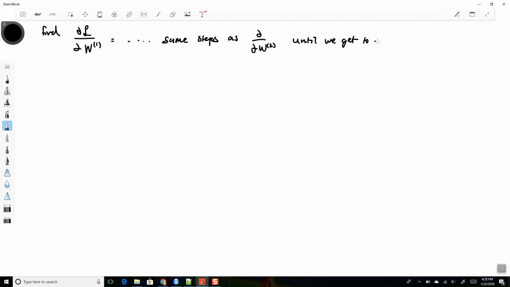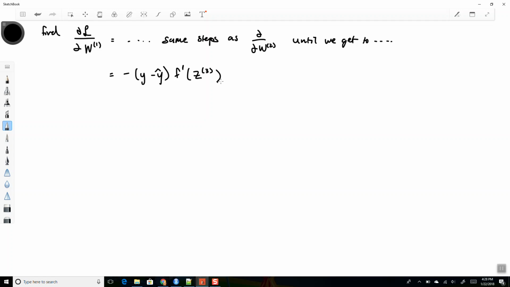So now we're going to find the gradient of the loss function with respect to W1, and we can just follow the same steps as dW2 until we get to this step, minus y hat times f prime of